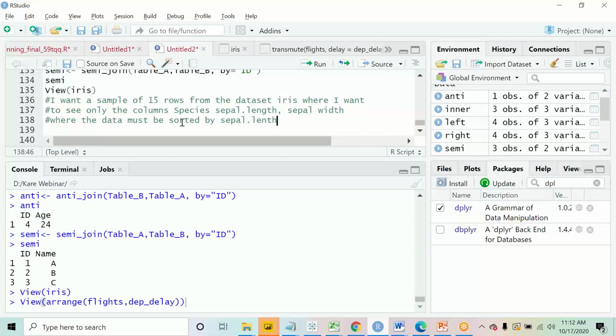Just this much. I wanted to add one more condition, but I will not do it for now. So I want all of you to do this: a sample of 15 rows, only the columns species, sepal length and sepal width, and the output must be sorted by sepal length. Is it clear?